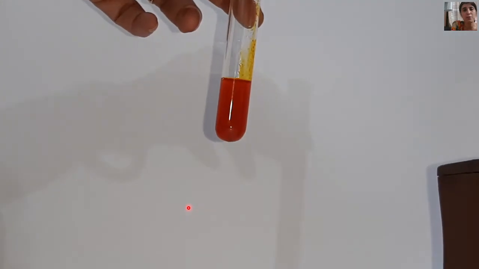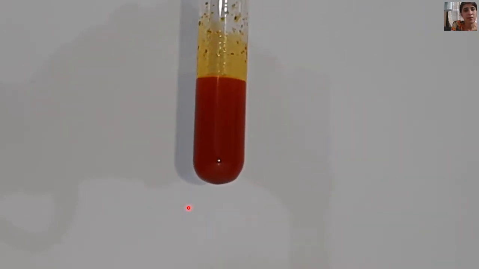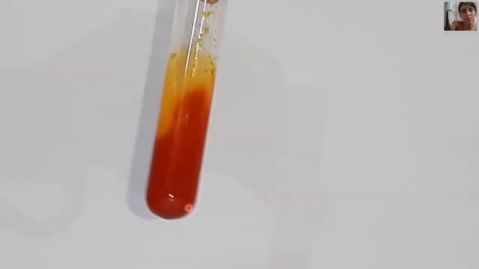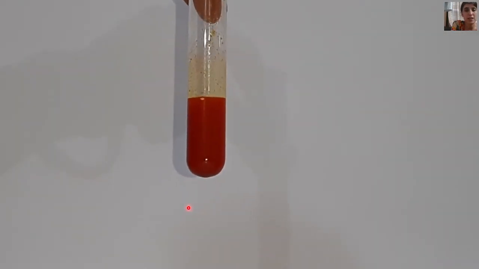The result is we are observing the precipitation at room temperature, and if we just shake it and give some time, precipitate will come. That is, for aldehyde we are getting the DNP derivative at room temperature. Just see, the concentration of precipitation increases. This is clearly we are observing the precipitation. We are observing the precipitation is increasing.